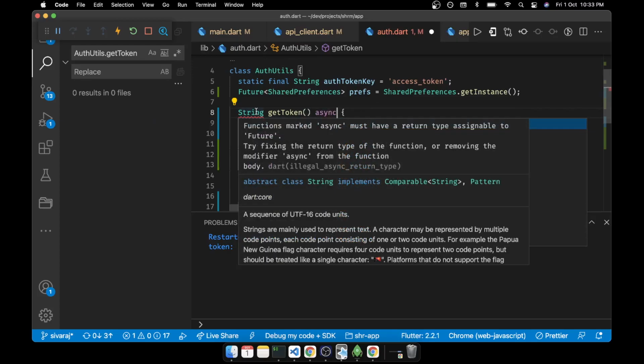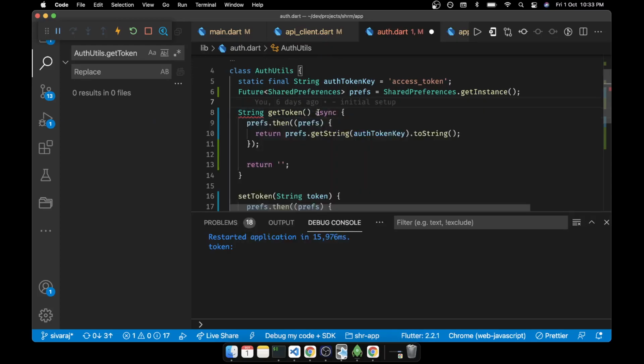Yet again it expects this thing. Oh god.